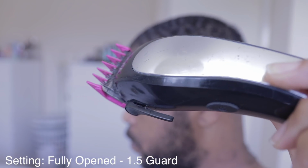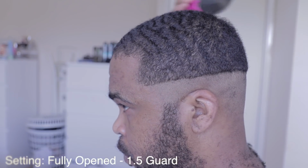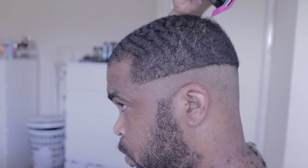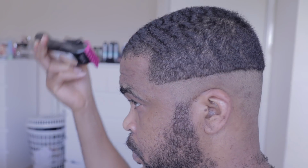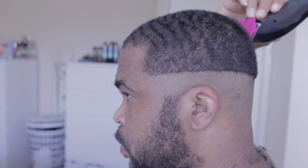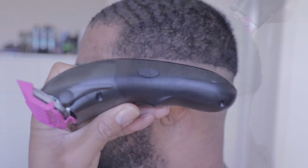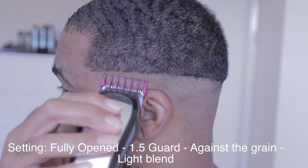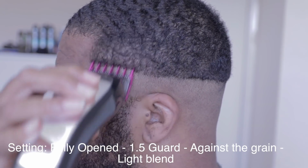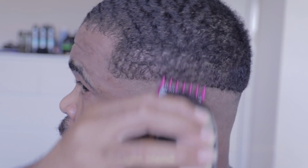So I'm not really changing any settings. I'm just going in to get rid of the top of the hair, the crown area. I sometimes like to put on a bigger guard. You can do it, it really helps, but I'm not bothered. Today I just wanted to do a quick fade for you guys to see, so I'm not really worried with the top of the head. It's just gonna focus on this side of my head,